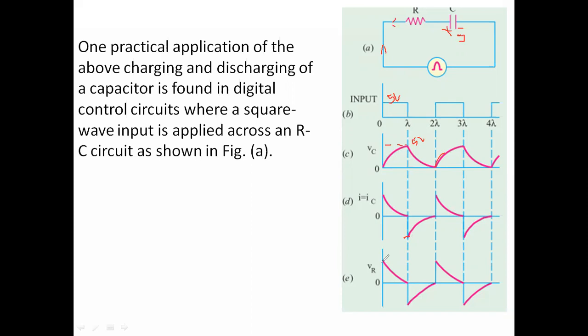And this is the voltage drop across the resistor. Due to the applied voltage and the current and the R, the voltage drop across the resistor is the result of the R value and the current through the resistor, the product of the current and the resistor value. So this gives the voltage drop across the resistor. So like this we have the waveform representation.